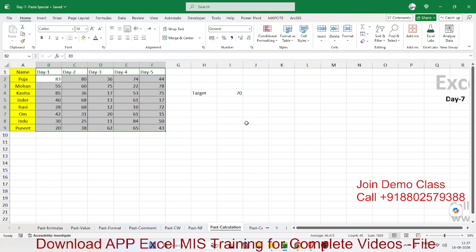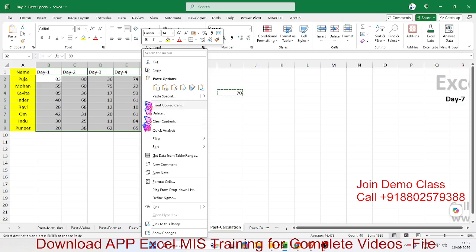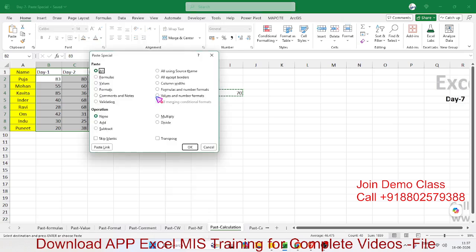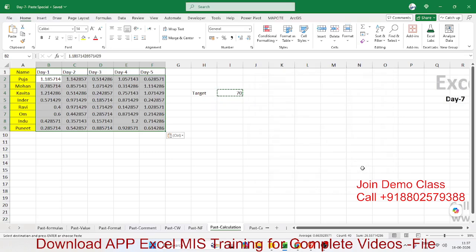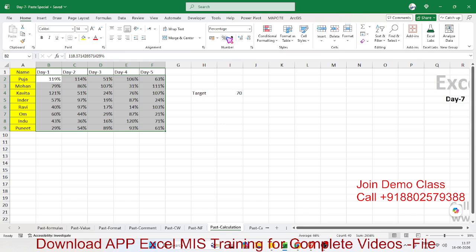So at that time, copy this 70, select the overall data, right click, paste special, and click here on divide. When you click divide, every number is divided by 70 and the result will be pasted here in decimal. But when you select the percentage, it gives me the percentage. But one problem here,